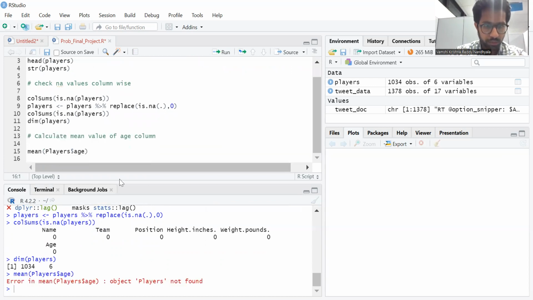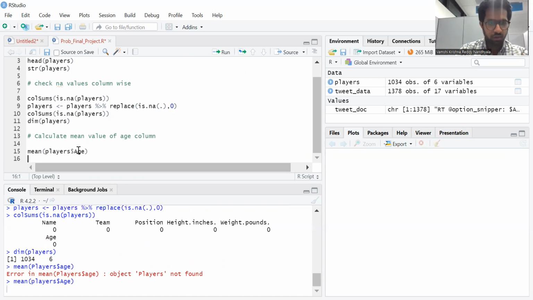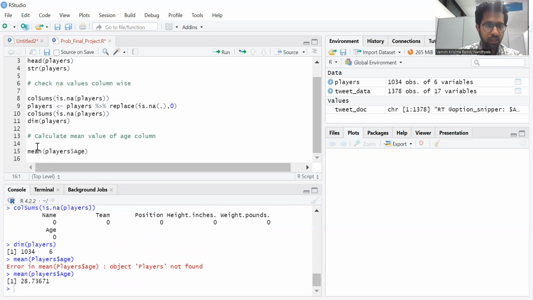Oh, it's players not found. So sorry. As R is case sensitive, we need to be very careful while playing with the variable names. So you could see the mean value is 28.7371. So this tells us that the players' average age is